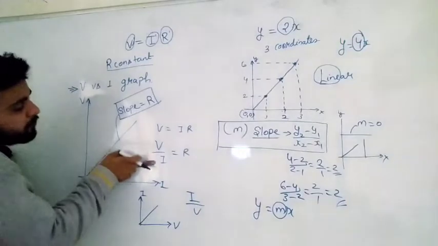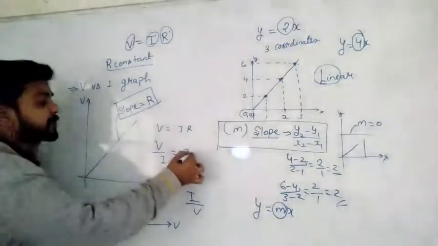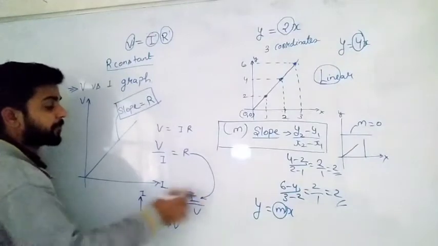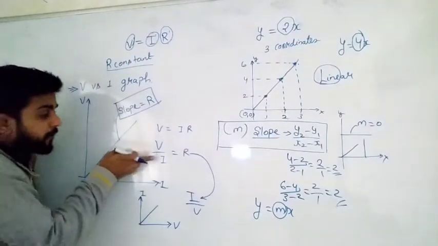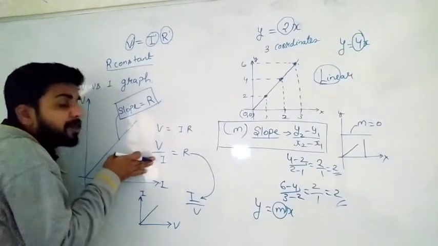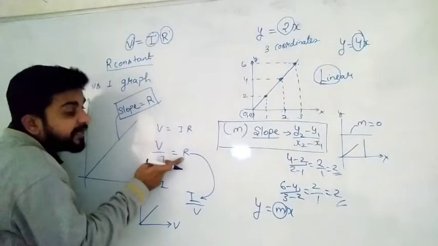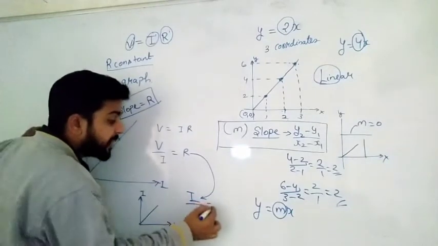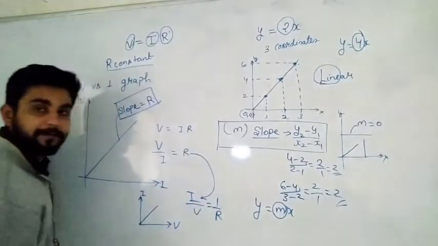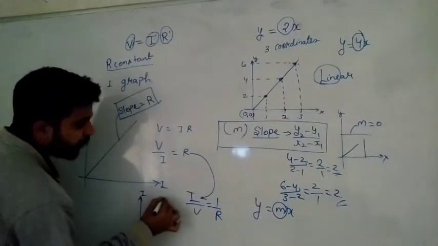Can we get I upon V with the help of this equation, beta? Yes sir, reciprocal this equation. If I do the reciprocal of this equation, what will we get? I by V. And if I reciprocal this side also, what will you get? 1 by R. So change in current upon change in voltage, this graph's slope will be equal to 1